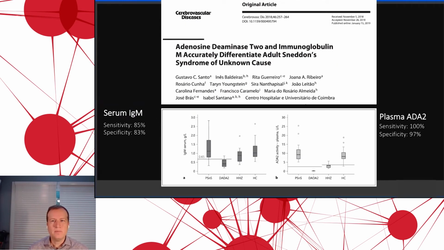And I'll just give a brief mention to a really neat study that Dr. Santo and colleagues did, where they actually compared adult primary Sneddon syndrome of unknown cause with patients with known deficiency of ADA2. And they actually found, interestingly, that low serum IgM was a relatively sensitive and specific marker differentiating true deficiency of ADA2 from primary Sneddon syndrome. So suggesting these are indeed different diseases, but the similarity in terms of strokes and the clinical cutaneous presentation are certainly quite striking.